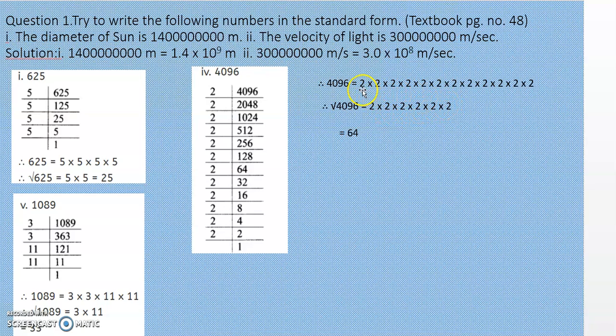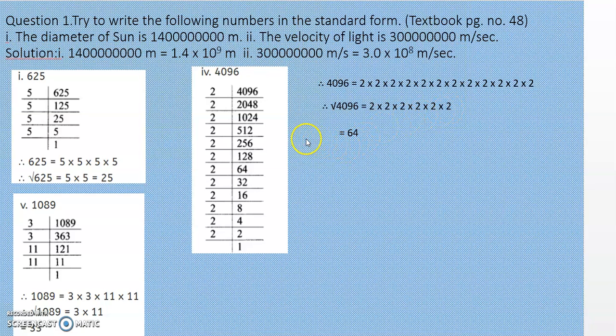You can see there, you can make a group of 3 here, then a group of 3 here, and then you can continue like this. From these two groups, one pair will come out. You make a group of 3 2's and then another group of 3 2's, so one pair will come out. This is one pair and this is one pair, total 6 2's.